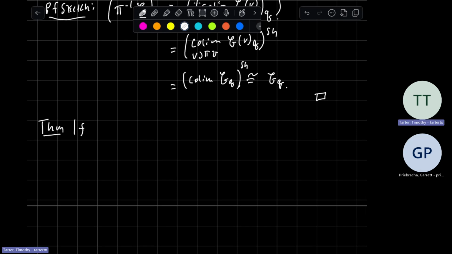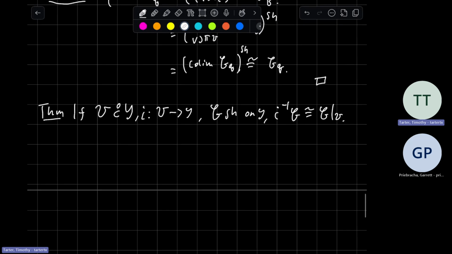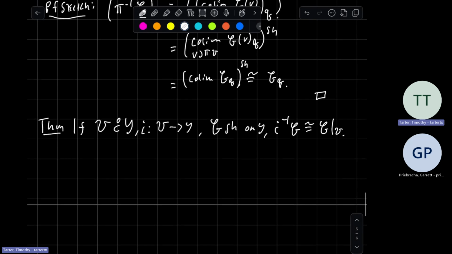The theorem: if U is open in Y, and i is the inclusion from U to Y, and G is a sheaf on Y, then the inverse image sheaf i inverse G is naturally isomorphic to the restriction map at U, and that makes a ton of sense. So i inverse G is the sheafification